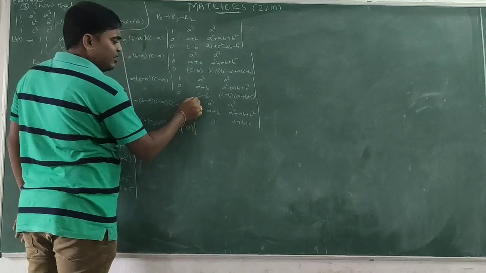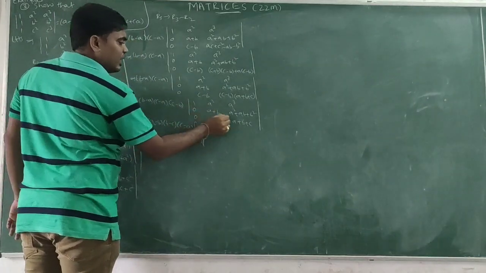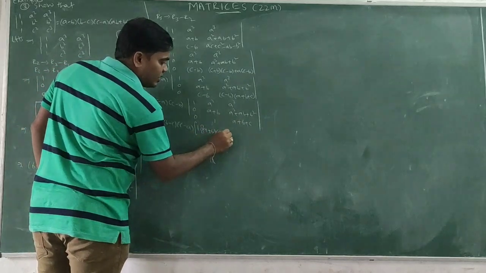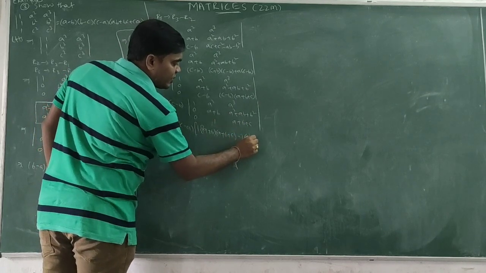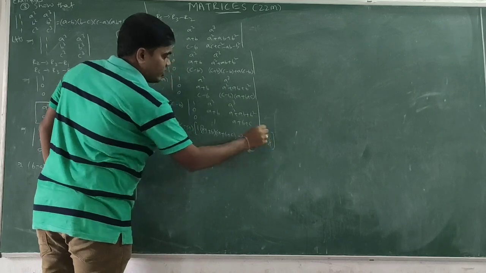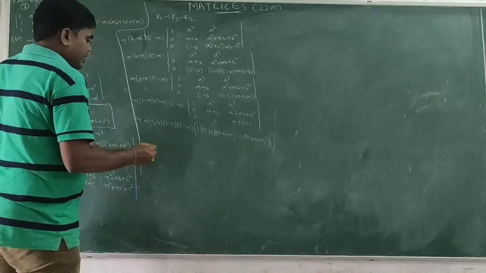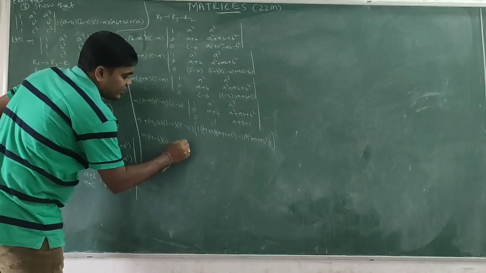This determinant, I want to use this column 1, 0, 0. 1 into A plus B into A plus B plus C, A plus B of A plus B plus C, minus 1 into A square plus AB plus B square. Next these two are 0, we won't get remaining anything. So A minus B, B minus C, C minus